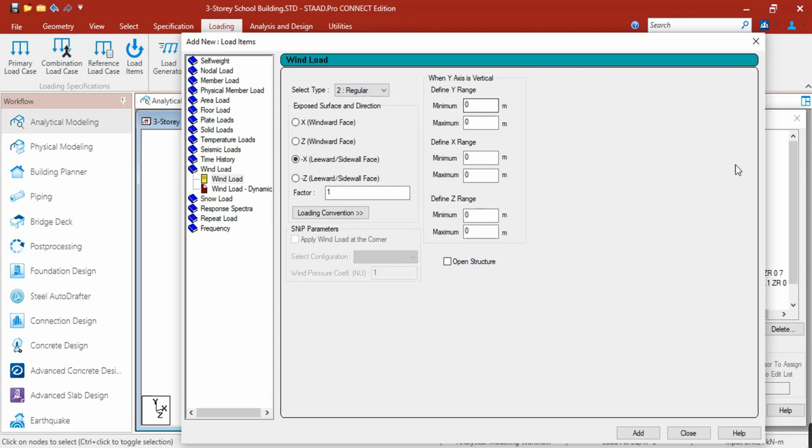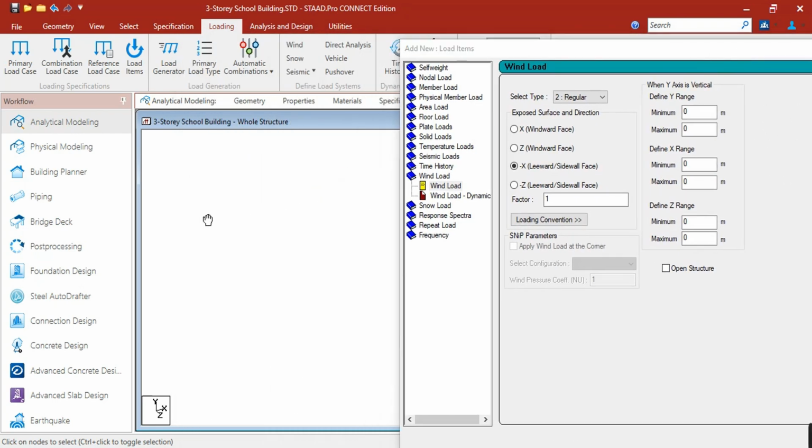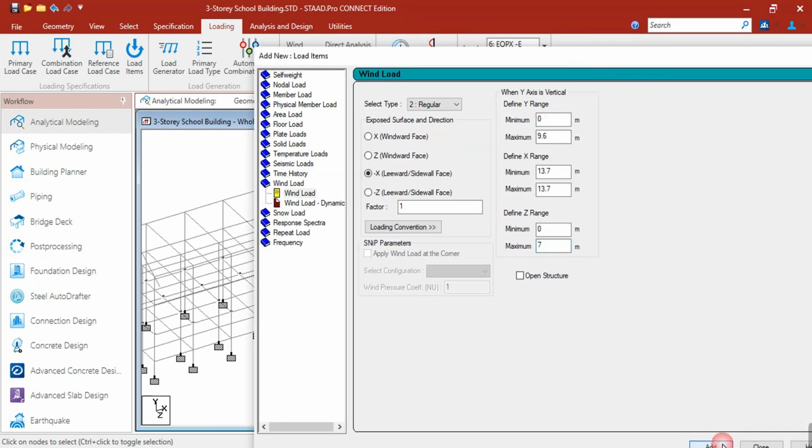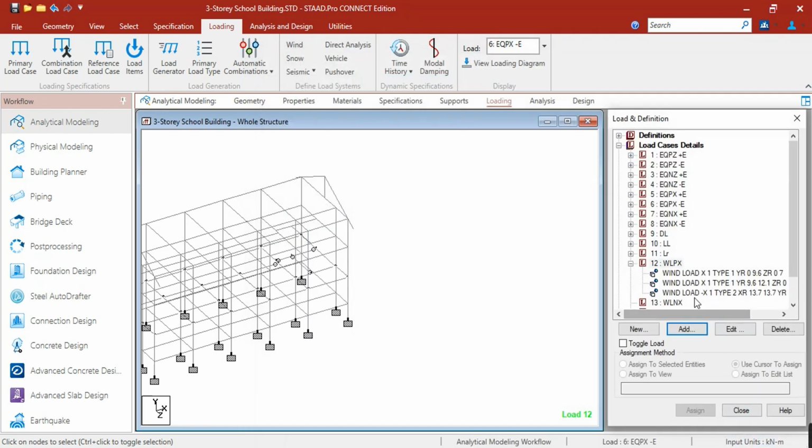Then using the same range, so let's have the Y 0 to 9.6, x is 13.7 to 13.7, z is 0 to 7. Then click add and close.